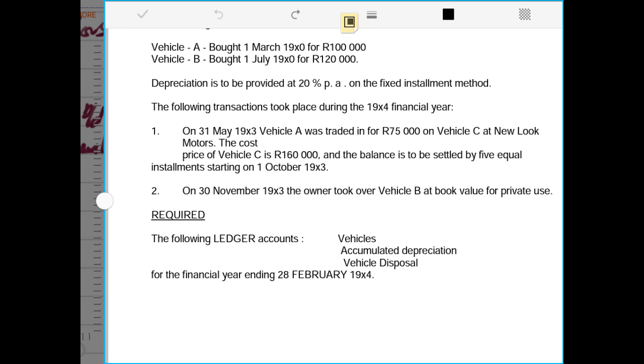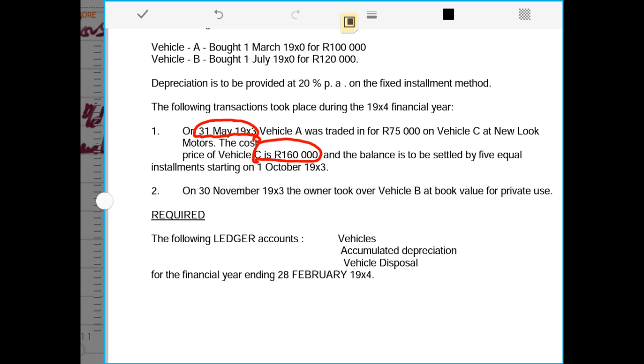And if you see now, the second one is motor vehicle C. They told us that after that we received motor vehicle C because there's no date. That means we gave away motor vehicle A and we received motor vehicle C. It means the purchase or the receipt of motor vehicle C was on the date we gave away motor vehicle A. So now we have to count the number of months from June up to February 1994 when we calculate depreciation